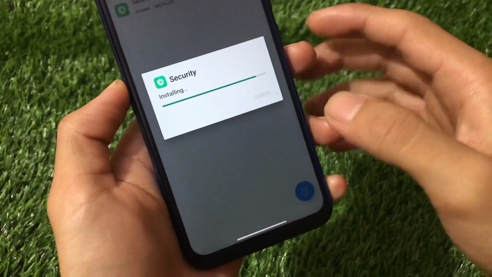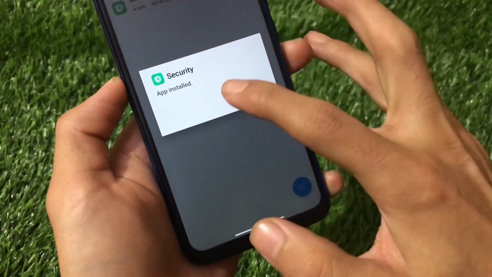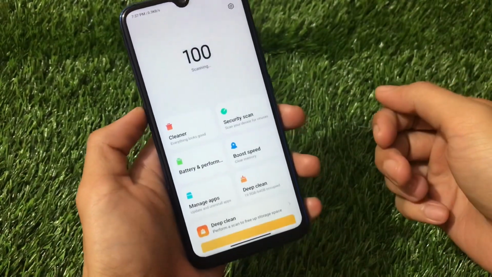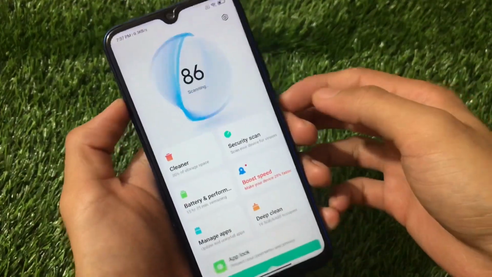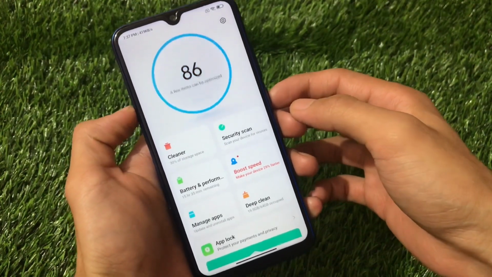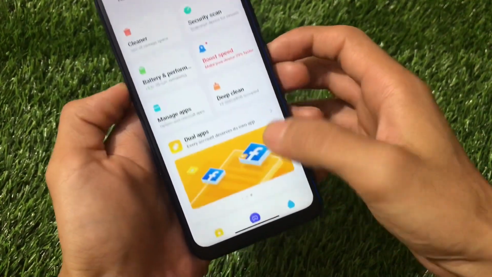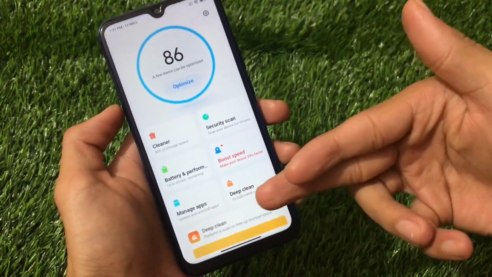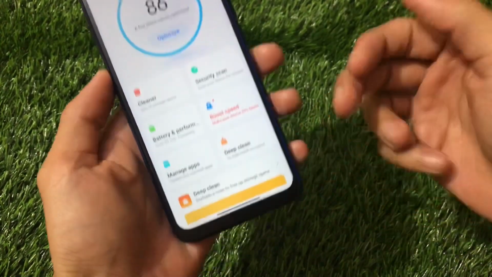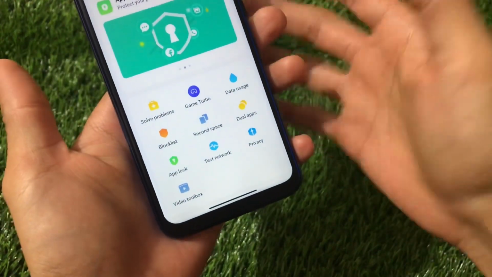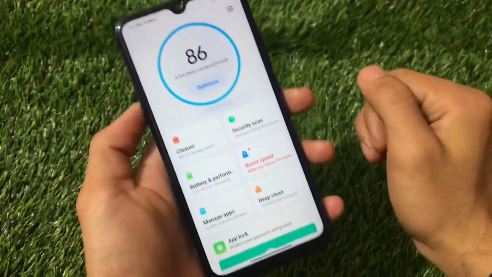So after the installation is finished, let's wait for this. Now it's done. Open your Xiaomi security app, and you will see something different here, which is the new, updated Xiaomi security app. Almost the same kinds of things are available. There is nothing like the security and utilities options which were present before, but now they're not available. You can see no security and no utilities option, but this is what you get here.